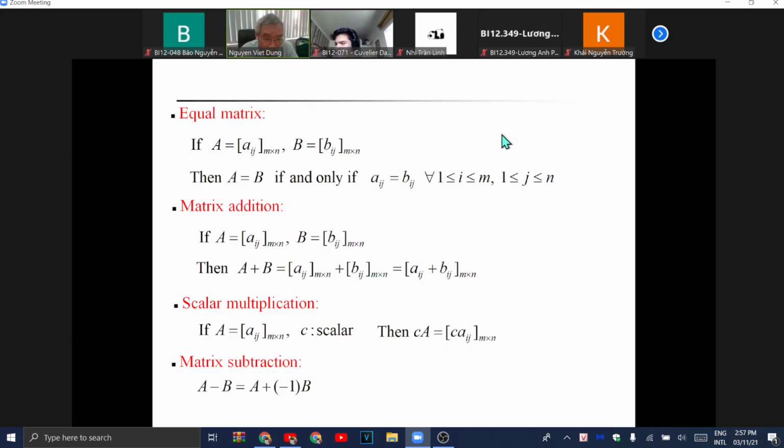With that, we can define the matrix addition, in Vietnamese phép cộng. If A and B are of the same size m by n, then A plus B is a new matrix of the same size m by n. And the entry of the sum A plus B,